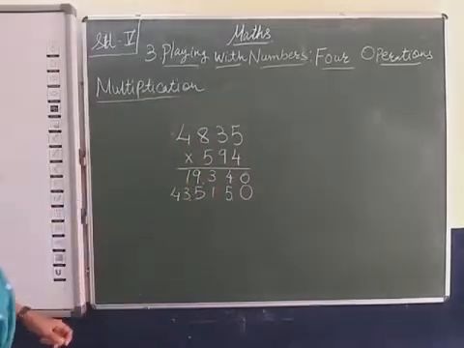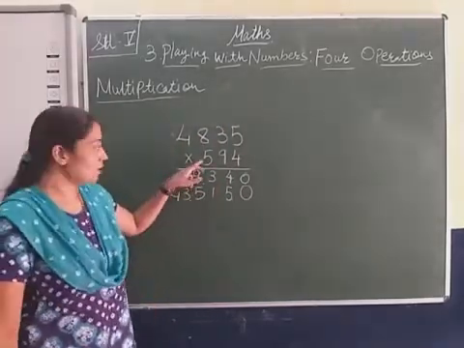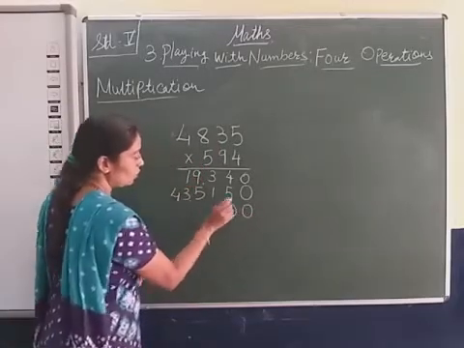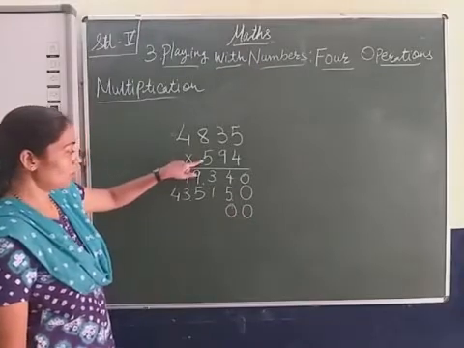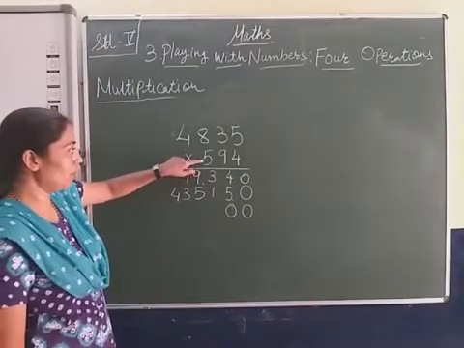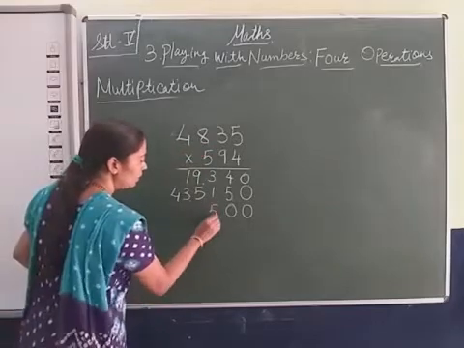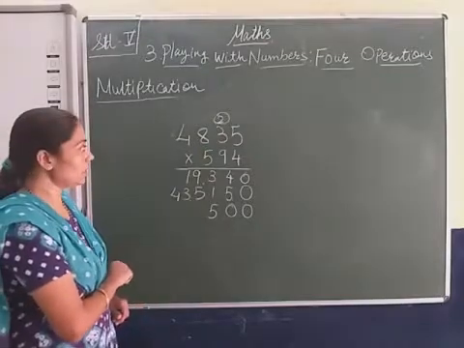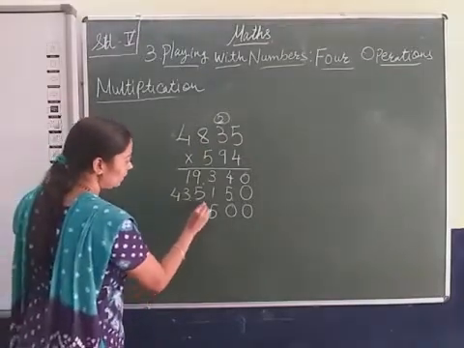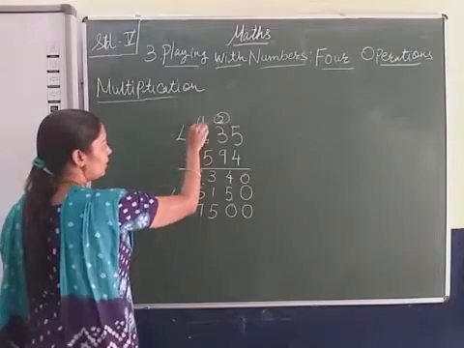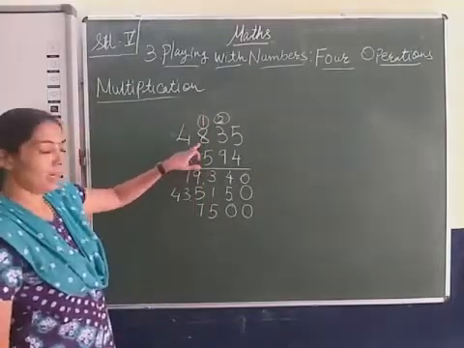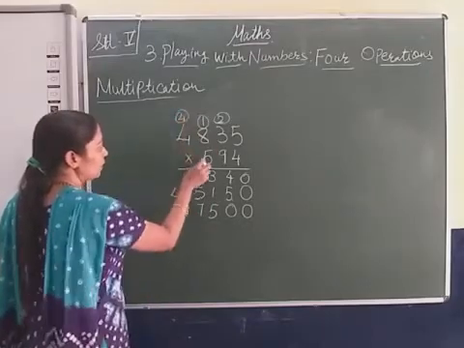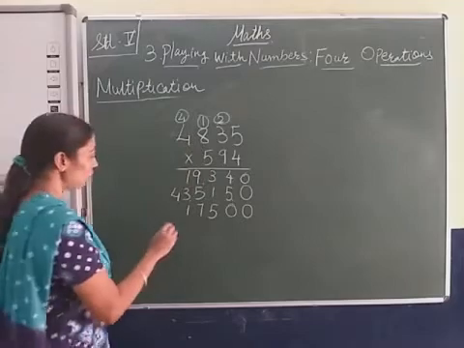Yes. Now we start the multiplication from the hundreds place. So we will put 20 here. Yes, 20. And now we start multiplying by 5. 5 5s are 25. 2 is carried forward. 5 3s are 15, 15 plus 2, 17. 1 is carried forward. 5 8s are 40, 40 plus 1, 41. 4 is carried forward. 5 4s are 20, 20 plus 4, 24.